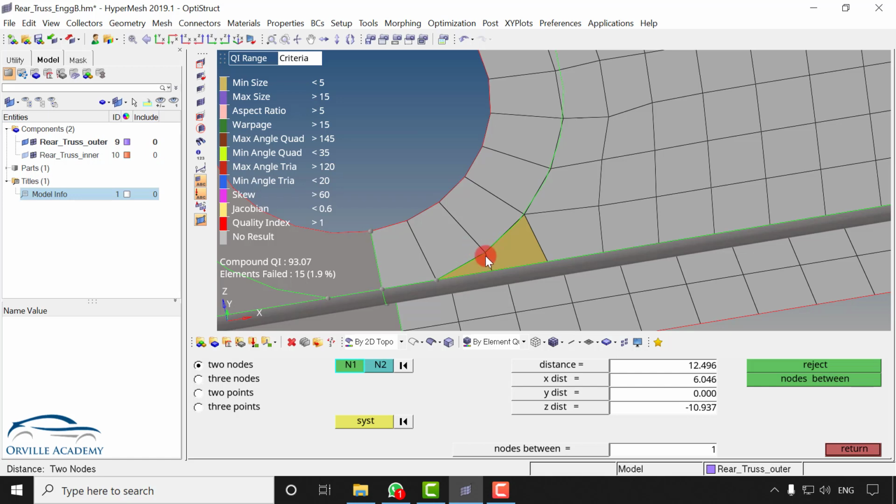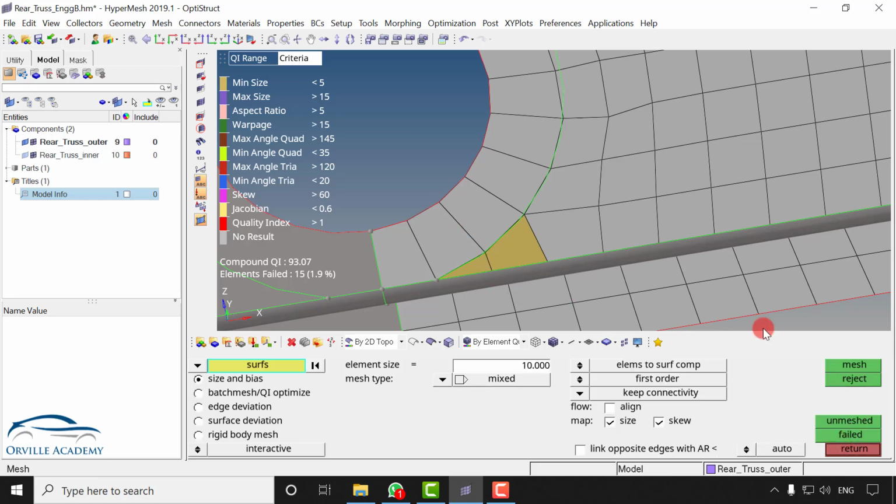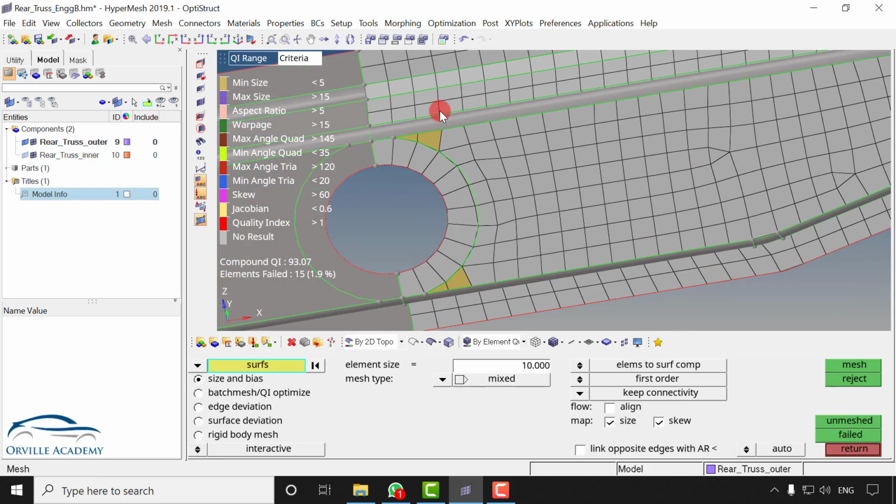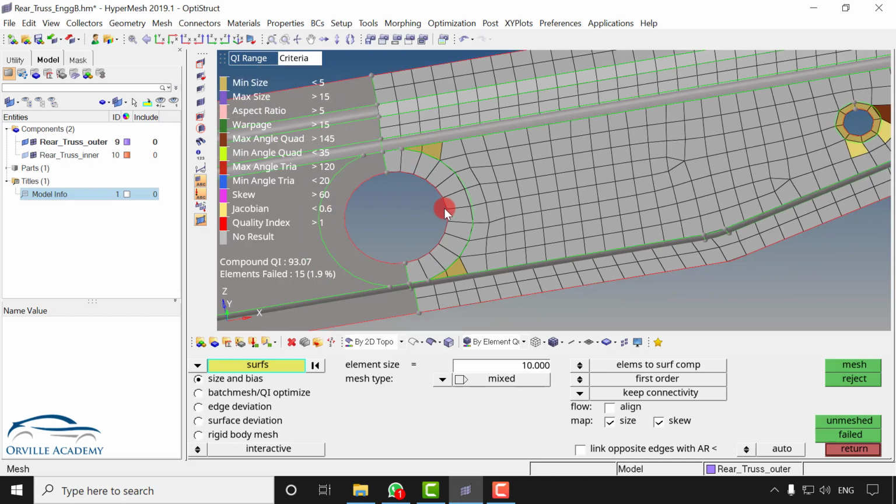So I can go for F4, select these two nodes. As you can see, the distance is very large, but here we have to follow the geometry also. So in that case, either you can move this node along this direction and break the washer, or you can keep this element as it is. See, in this case we cannot break the washer as the washer is given by the client himself. So here I will keep this element as it is. Next thing, here also we have the same problem. As I told you, this cannot be avoided at all cost. So I will keep these four elements as they are.